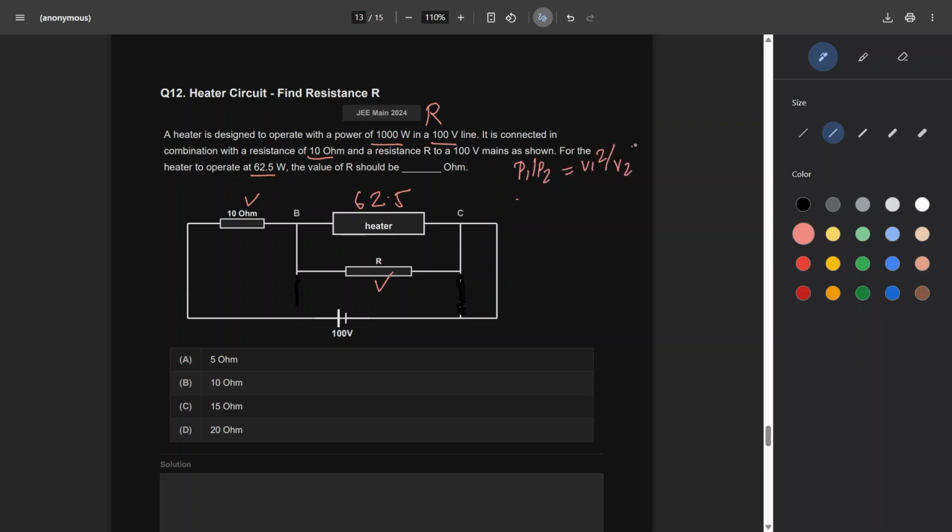So here, what is P1? P1 is 1000, by P2. P2 is 62.5. This is V1 squared. How much is V1? V1 is 100. 100 squared by V2 squared. The zeros cancel, and this becomes 625. V2 squared is 625. How much is V2? 25 volts. So we should be having 25 volts across this, right? So if you are having 25 volts across this,